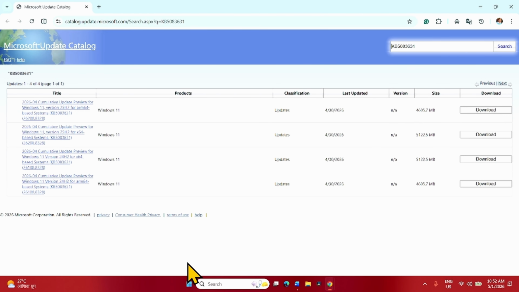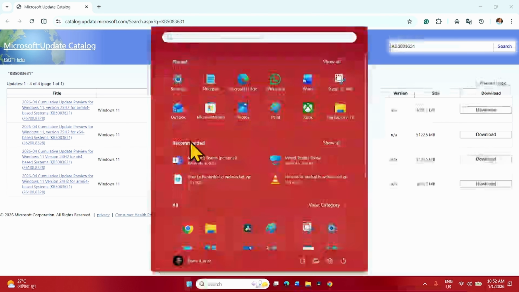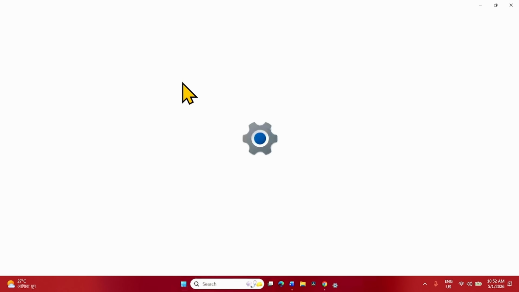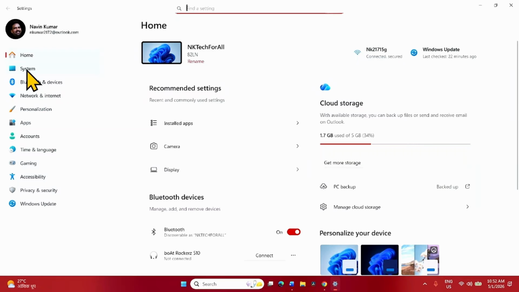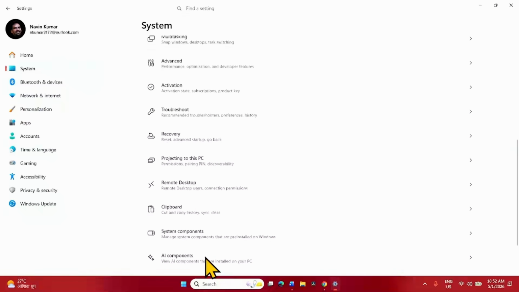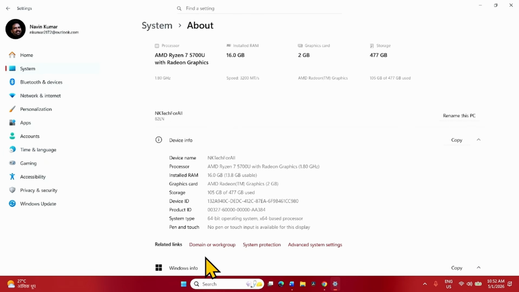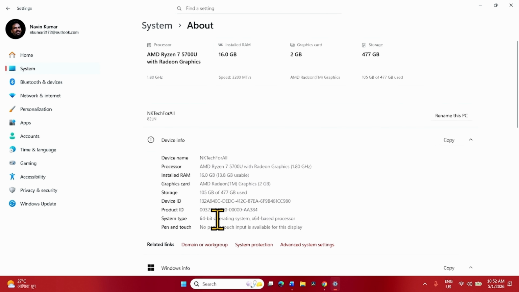For this, first of all, check your system type. Click on Start. Go to Settings. Click on System. About. Here is System type. 64-bit operating system, x64-based processor. This is the system type of my computer. Check yours